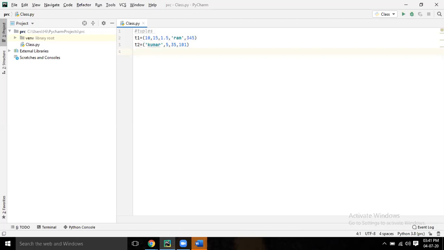Now you can do all the slicing concept here. Try to do some slicing concept, like let's say print t1, print t2, print t1 of 5, print t1 of 1 colon 4. Like what I did in the list, same thing, try to do and see what is happening.